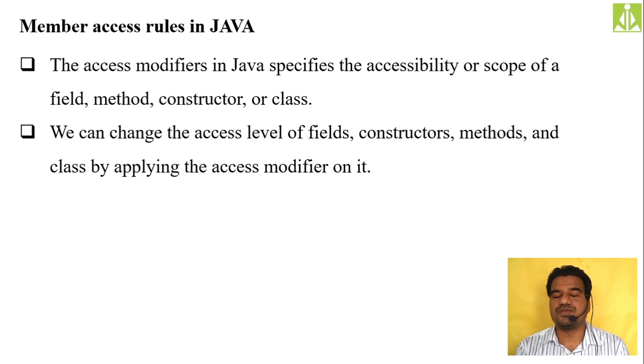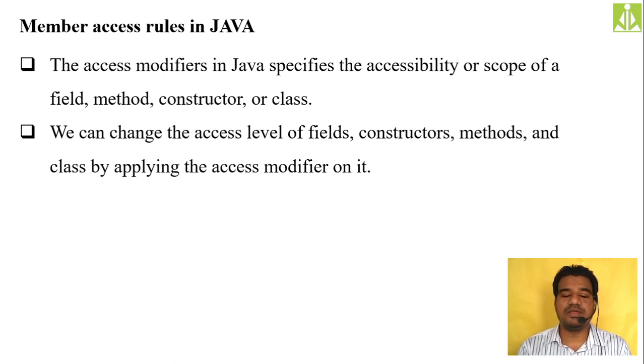Suppose you have some private members, like private data and private methods inside the superclass, can the subclass inherit those? Similarly for the default one, the protected one, the public one, what access specifier data members and what access specifier methods does the subclass inherit from the parent class? That we're going to discuss in today's concept.